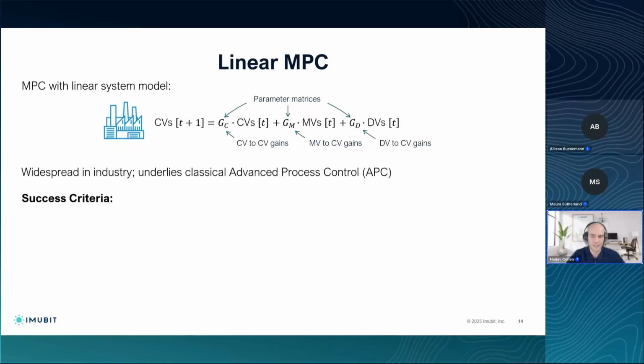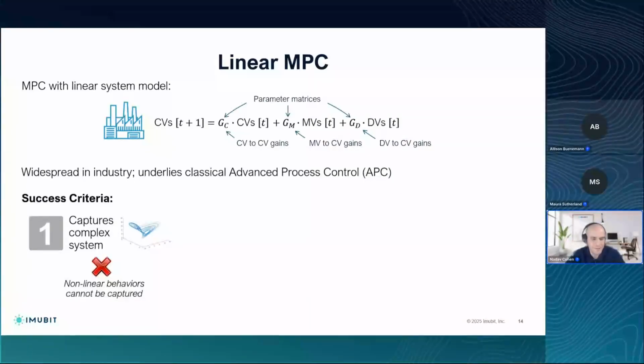In terms of the success criteria, I'm arguing that the situation is roughly as follows. The ability to capture complex systems is fairly limited because by definition, the model cannot capture nonlinearities. It's linear. We will talk about other types of similar models that can capture nonlinearities, but the one that I just presented is purely linear. So by definition, it cannot capture nonlinear behaviors. Every real system is essentially nonlinear. Locally, systems might behave linearly. So if you want to solve local problems, that might suffice. But if you want to solve global optimization problems, then in the vast majority of cases, you will need to